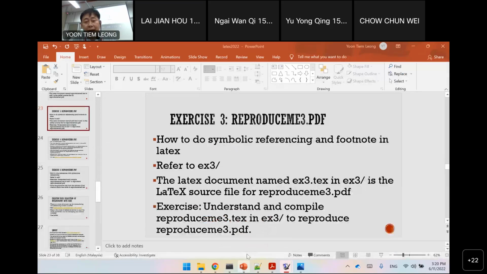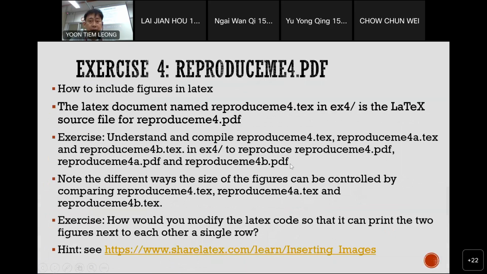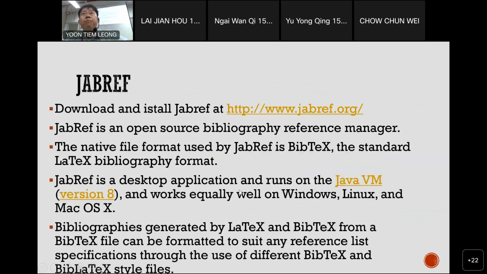Now, I would like to spend a little bit of time telling you how to prepare the citations. Preparing the citations using BibTeX is an alternative. It could be easy, it could be difficult. It depends on how you do it. So I'm just telling you how you can prepare a LaTeX bibliography text. So usually people use JabRef